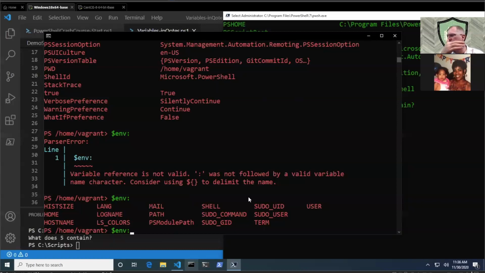But then, oh no, it was the temp directory. That's what it was. It doesn't even have temp anymore. But the point I'm getting to is Windows had a $env colon TMP, whereas Mac had a $env colon